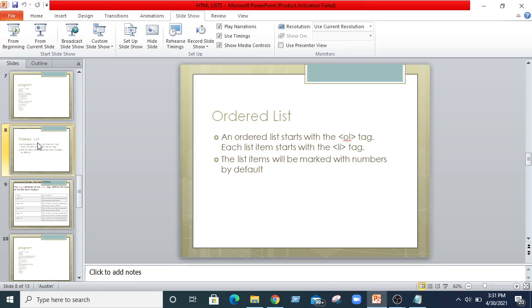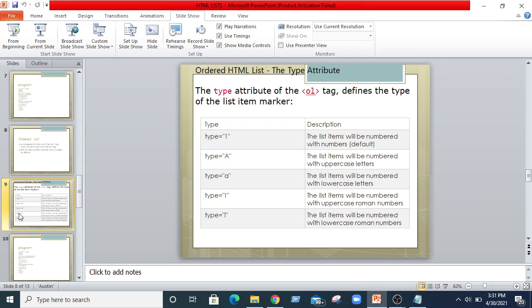We can display the items with Roman letters, uppercase letters, lowercase letters, uppercase Roman letters, lowercase Roman letters, etc. By default we take numbers.